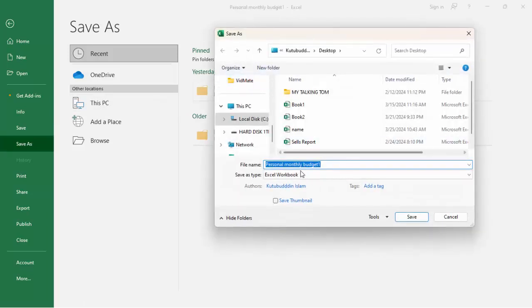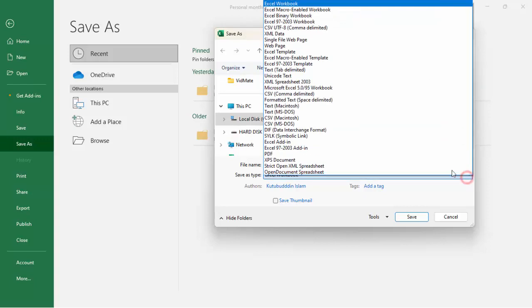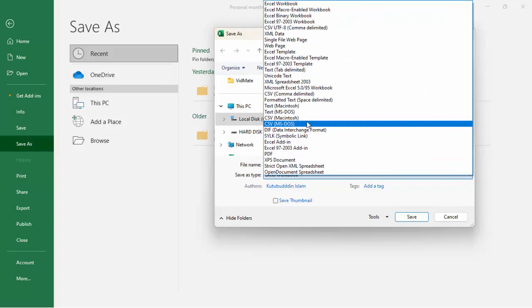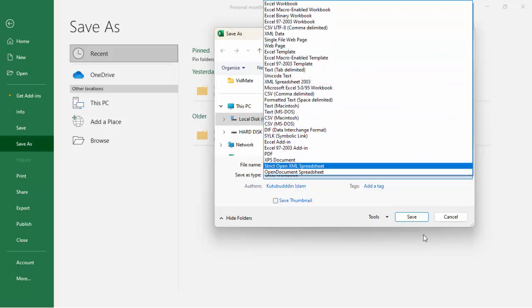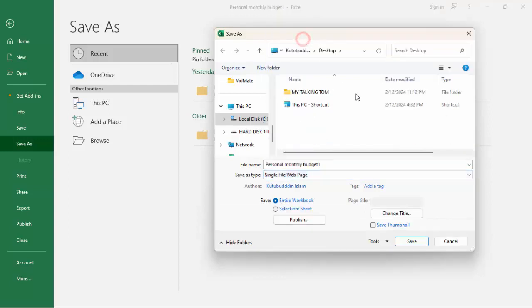For example, I select Desktop and type your file name, Personal Monthly Budget. Then click Excel Workbook and we can see Single File Web Page. Then click Single File Web Page, enter the workbook title or change the title, add tags, publish, save thumbnail,